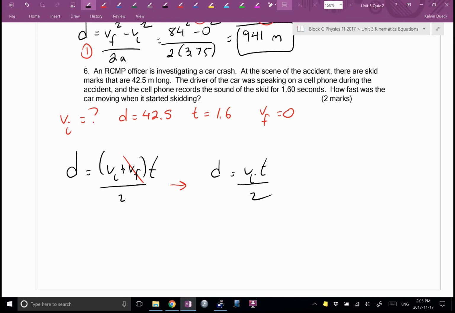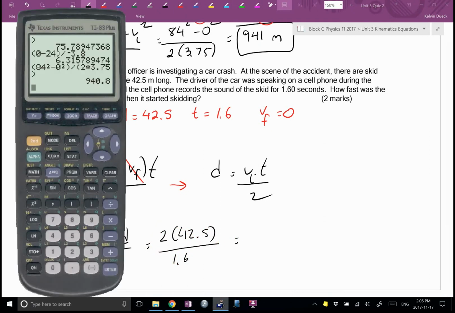Times by 2, divide by T. I'll get VI equals 2 times D divided by T. It's going to be 2 times 42.5 divided by 1.6. Do you get 53.125? I'll go 53